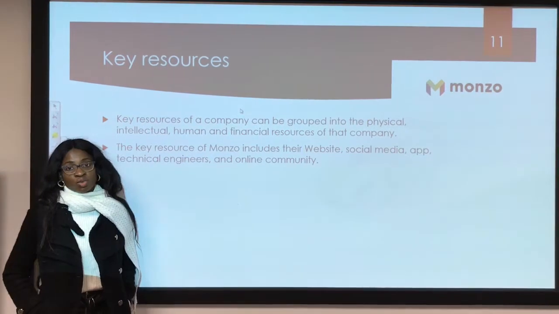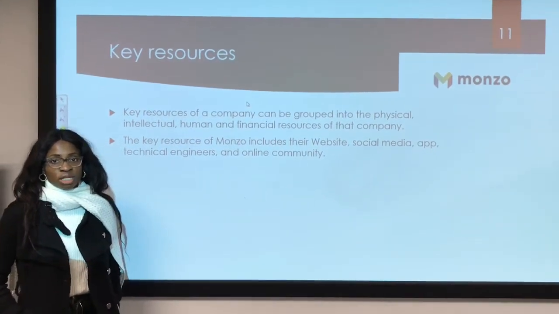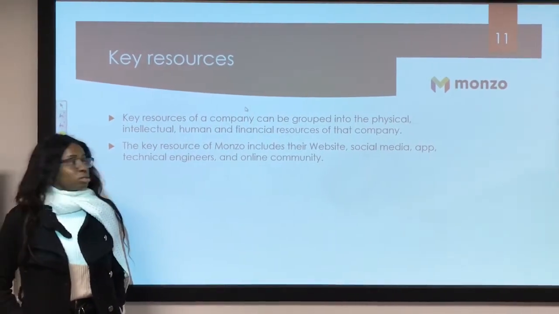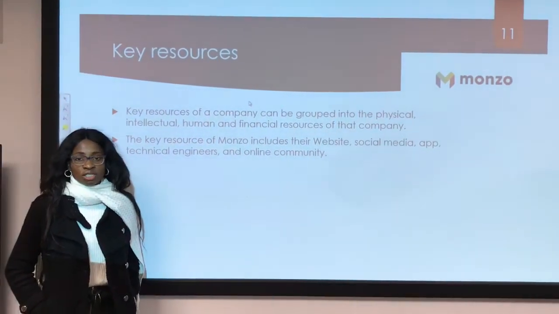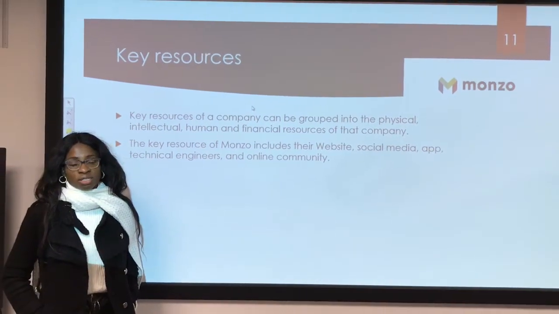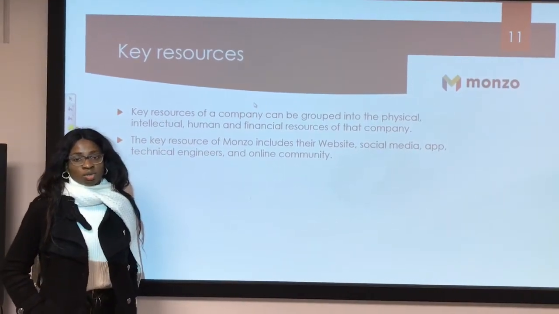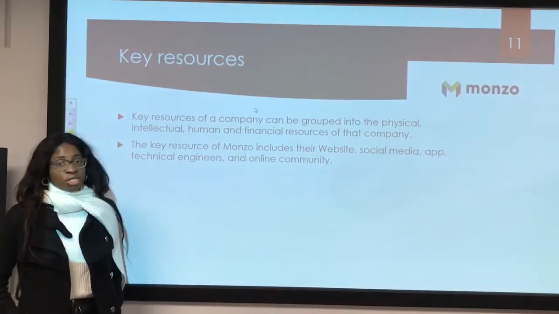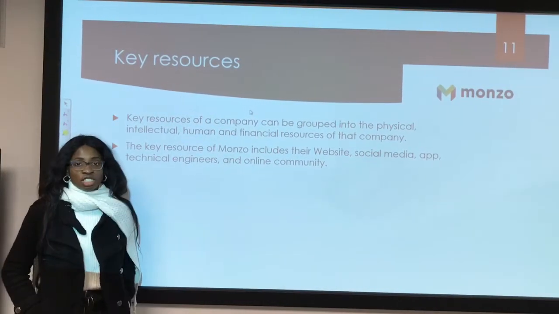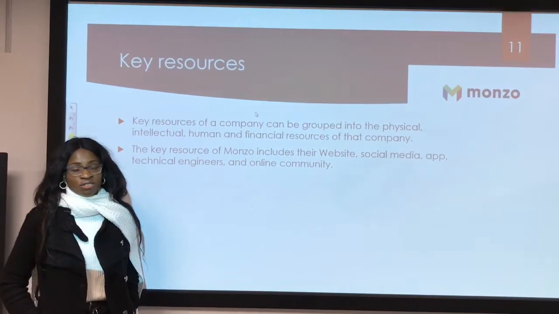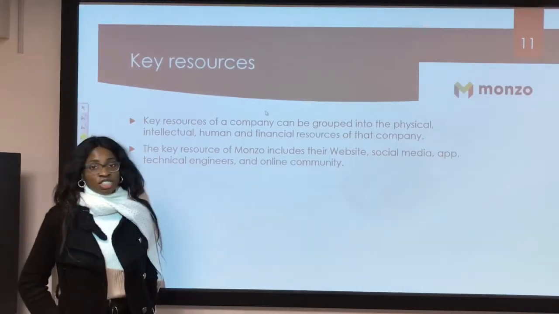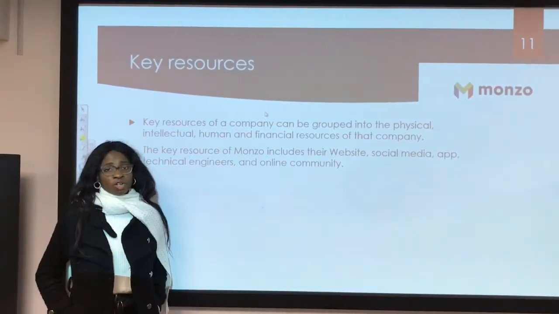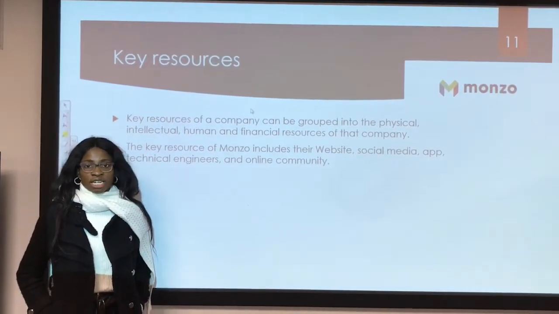The key resources have to do with the physical, the intellectual, the human, and the financial resources of a company. Some of the key resources of Monzo include the website, which is good for budgeting, easy to access, and also good for overdrafts, loans, and automatic savings. And also the social media and the app as well, which is easy to access and compatible with different devices. Then the technical engineers, who solve problems at the root, and the online community, which helps to gather feedback and